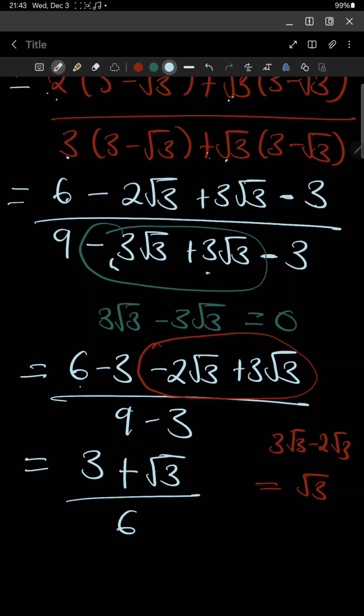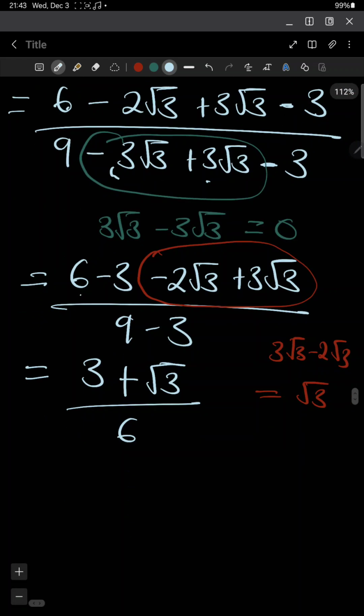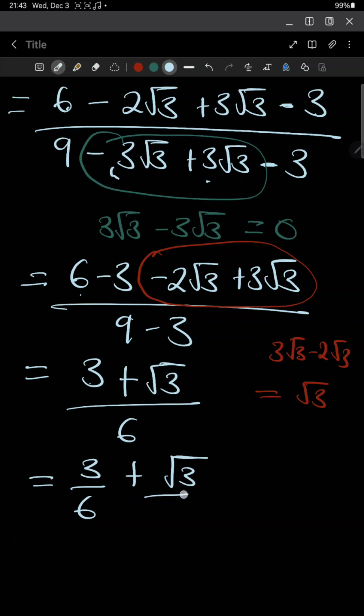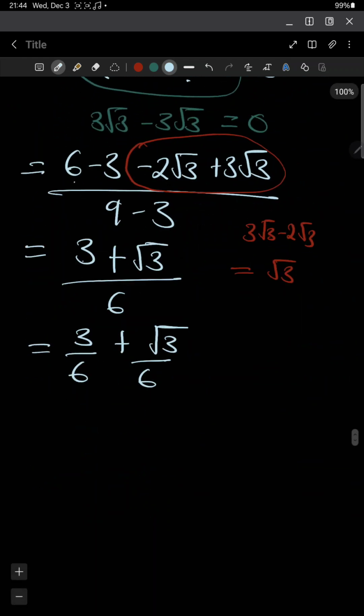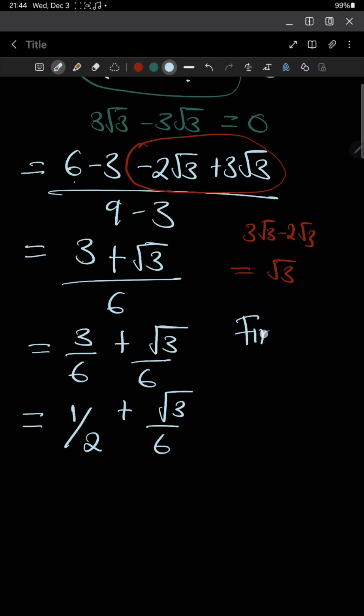It is same as 6. So after that, you can evaluate it. So this can be written as 3 divided by 6 plus square root of 3 over 6. So after doing that, we can simplify. 3 into 3, 1 over 3 into 6, 2, plus square root of 3 over 6. So if they ask you to find the value